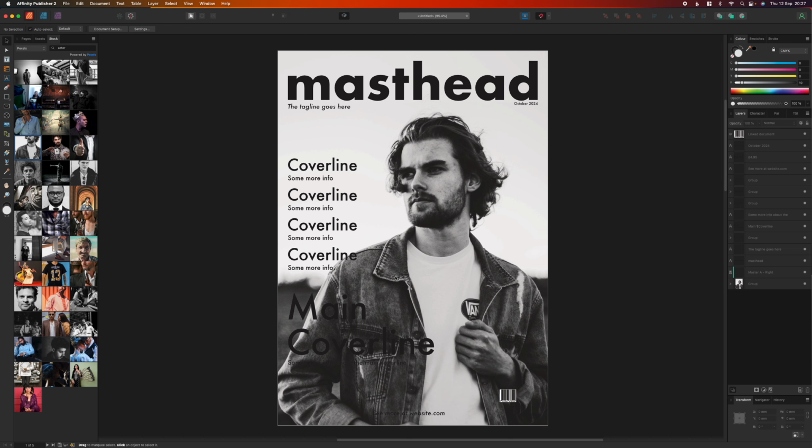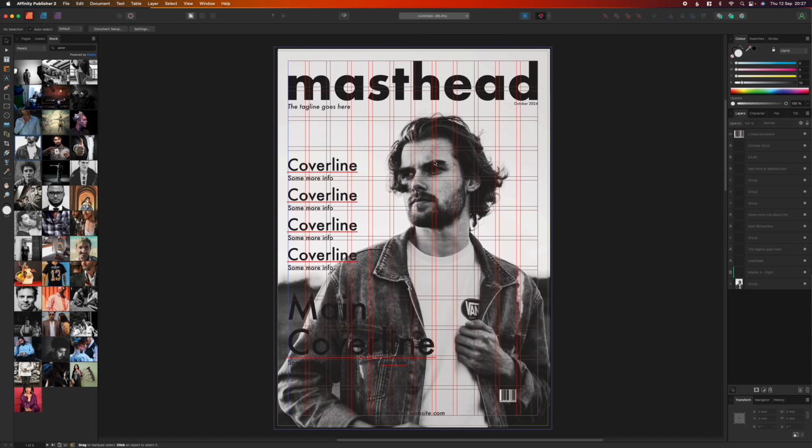Now, I know I've got issues with colour and things like that, and some of these things aren't quite in the right place. We're going to kind of look at those as we go forward. Now, I'm going to turn my grid back on. So again, it's back on there. And I don't like how this cover line cuts into his shoulder, so I'm just going to start by moving